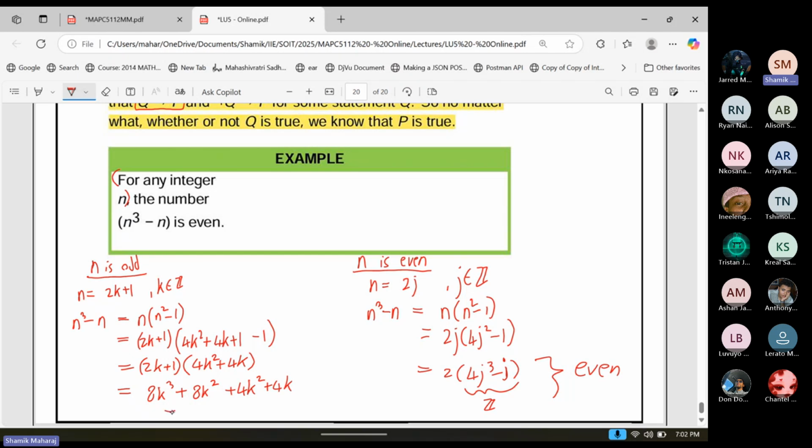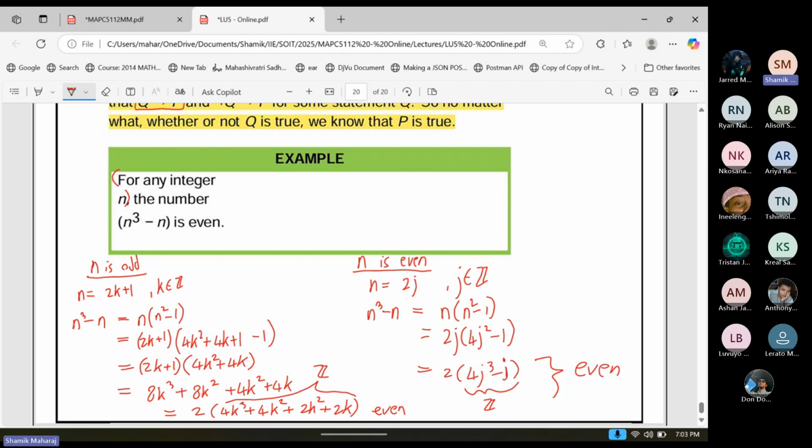Can I write this as 2 times some integer? 2 into 4k cubed plus 4k squared plus 2k squared plus 2k. Oh, there we go. And all of this, everything in the brackets, these are all integers and powers of integers, so it leads to an integer. So this entire bracket here is an integer. So that's perfect. That means what we reached at the bottom is also even. There we go. So we've proven n cubed minus n is even